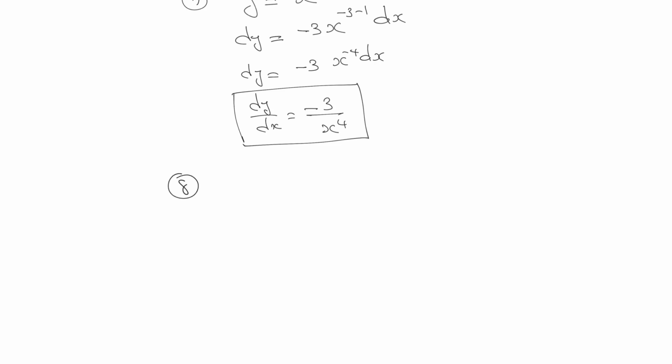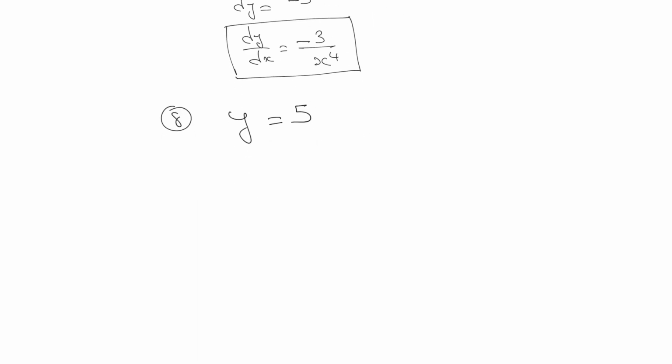We can take some more examples. Like if y is given as, let's say, 5, or y is given as any constant. Over here we are not having the term of x, so we can write y is equal to 5 into x raised to 0, because anything raised to 0 is going to be 1. So dy will be equal to 5, which is a constant, so no need to do anything with it, we can keep it as it is. Now we go for the differentiation of x raised to 0. Over here, instead of n, we are having 0, so 0 into x raised to 0 minus 1 into dx.